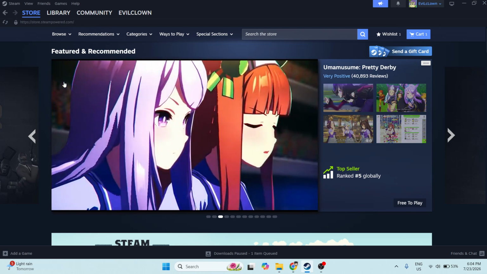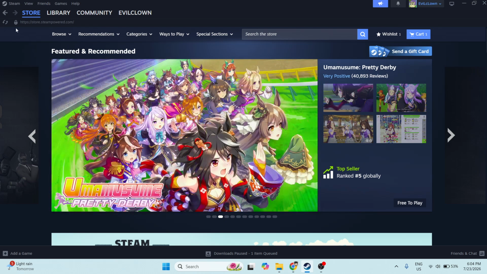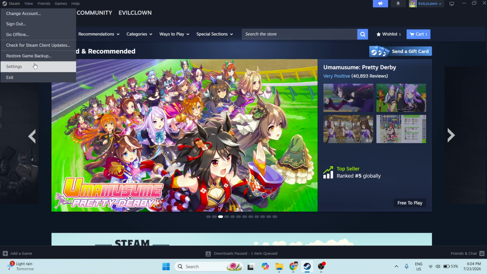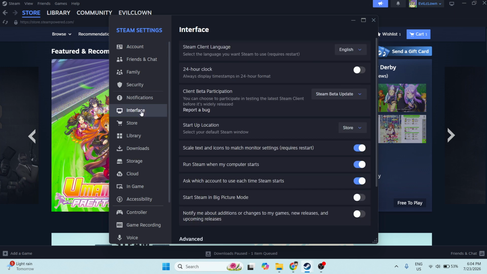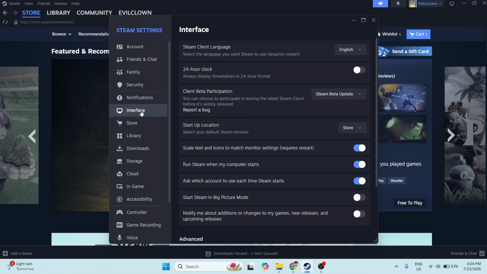To begin, open Steam and look at the top left corner of the app. Click Steam and then choose Settings from the menu. This will open the main settings window where Steam keeps all of its client preferences and update options. Once you're in Settings, go to the left sidebar and select Interface. This section controls how the Steam client looks and behaves, and it's also where you'll find the option for joining